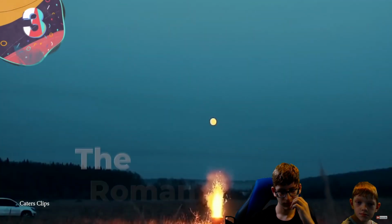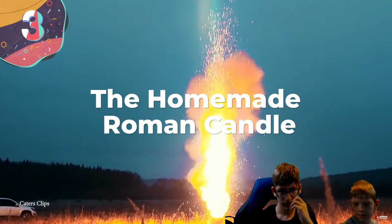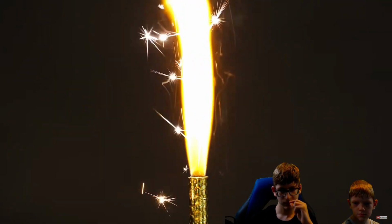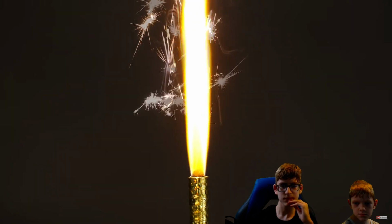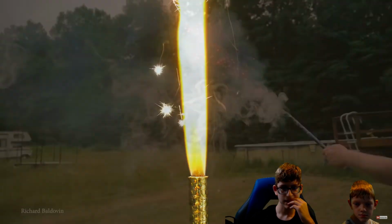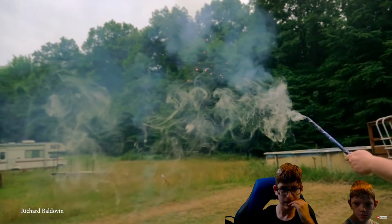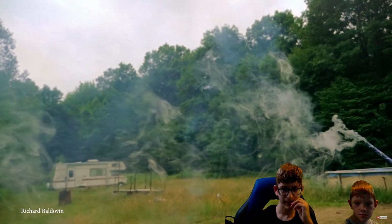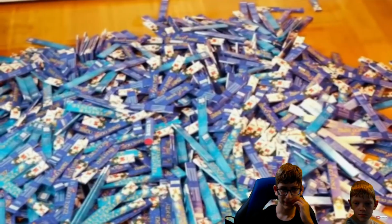Number 3, the homemade Roman candle. Roman candles are relatively small and will let off a long, bright plume of light. However, in 2016, a Ukrainian man by the name of Yuri Yaniv decided to make a massive Roman candle that was like no other. In order to make his crazy homemade creation, he collected 10,000 sparklers and then lined them